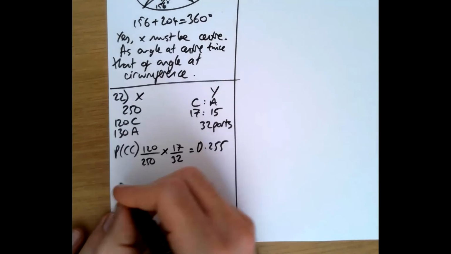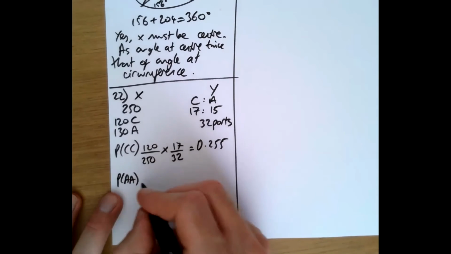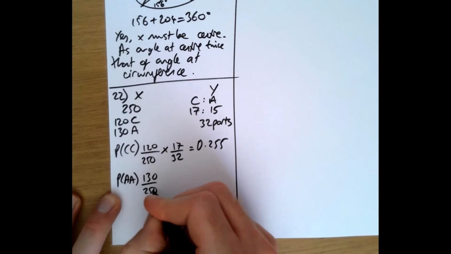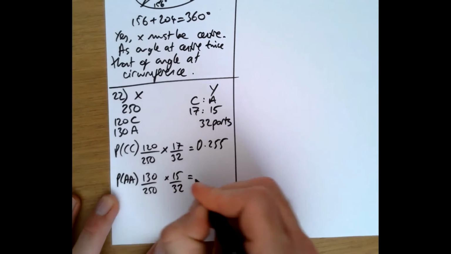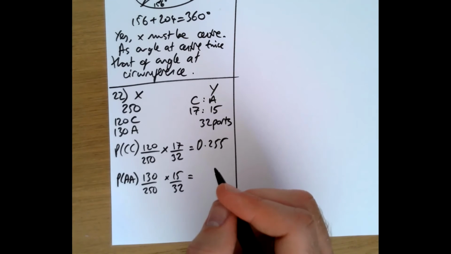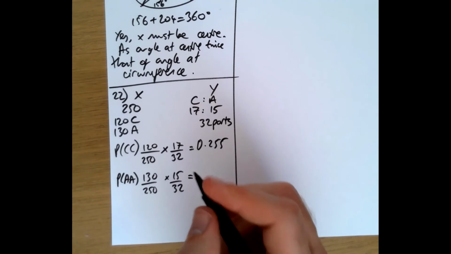0.255. Now the probability of getting two adults, so from the first group it's going to be 130 over 250 multiplied by 15 over 32. So I'm just going to use the cursor so that I don't have to type the whole thing in again. 130 over 250, this time multiplied by 15 over 32, gives me